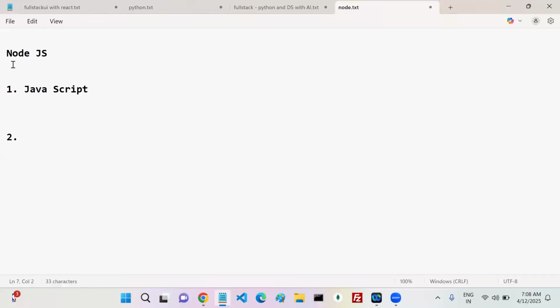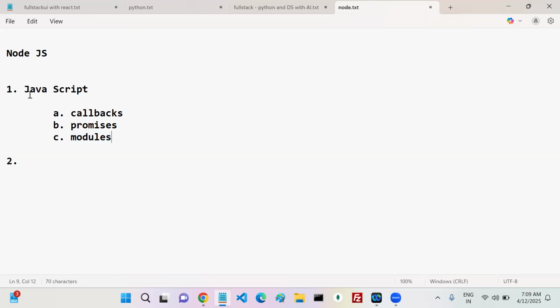But the two important major topics we are going to use frequently in JavaScript are callbacks and promises. One is callbacks, another one is promises. Frequently, we are going to use these. The next concept is modules. How to create a module, how you can import the module, how we can export the module. These are very important things that we are going to use frequently in our Node application development.